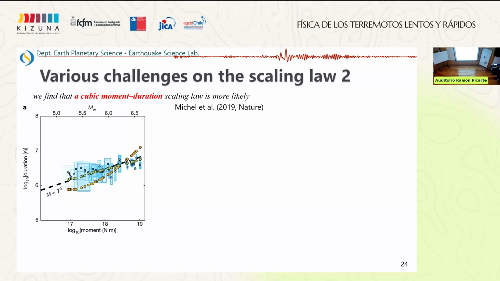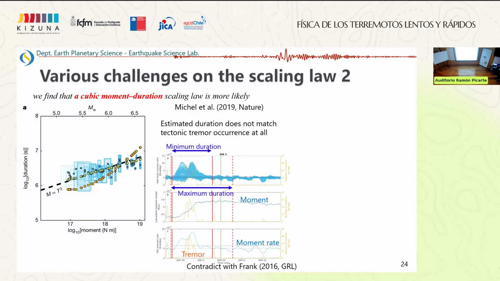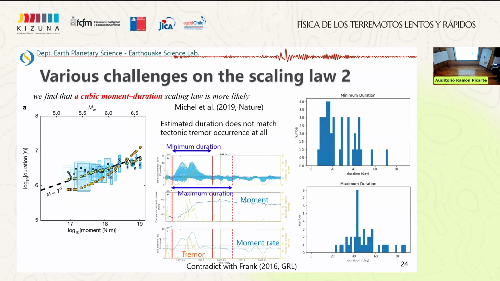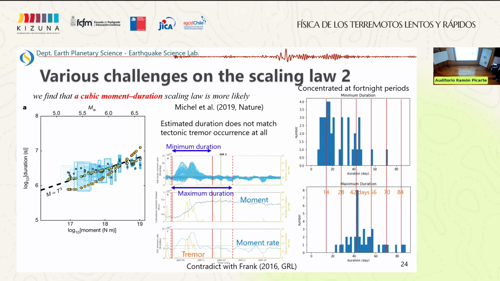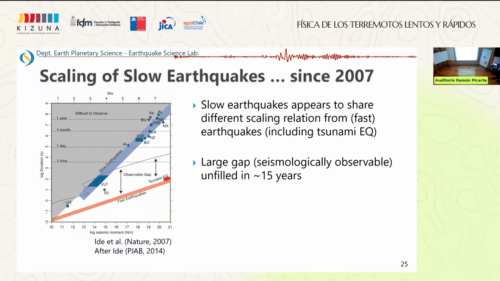But we found that their measurement has a very serious error. It is a strong artifact in this study, so we can disprove the result of this study. This is not so important, but there are several things to consider. Anyway, the important thing is we have a large gap around here and around here.